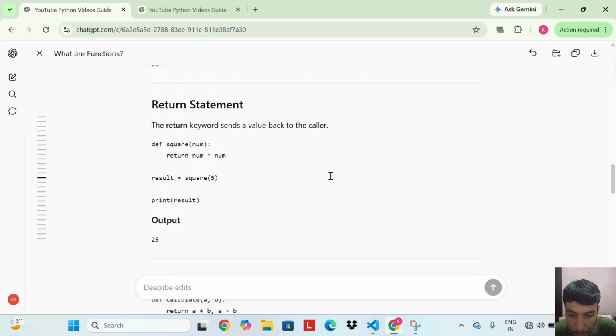The return statement. The return keyword sends a value back to the caller.